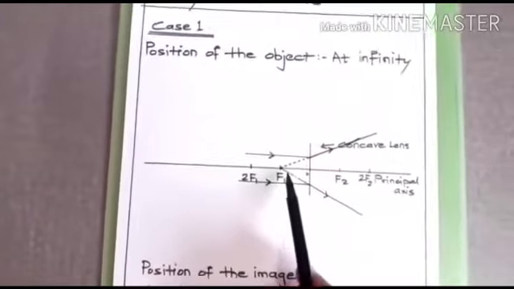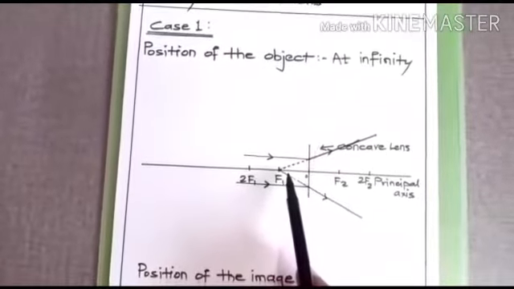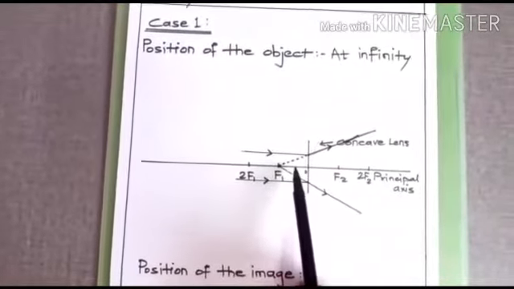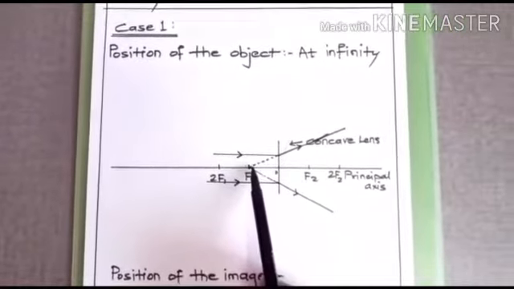When these rays are produced backwards, they seem to be intersecting on the same side as that of the